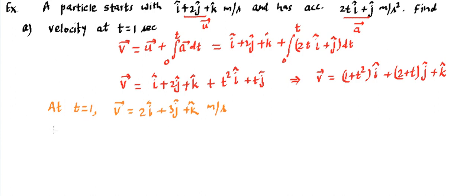Let's say there had been another question: find velocity at t equal to 5 seconds. Simply put t equal to 5 in this expression and you will get the answer. That means this expression that we have derived has the capability to find the velocity at any instant. It talks about the velocity for all times. And if somebody is asking to find the magnitude, you can calculate the magnitude of this vector. That's going to be quite simple, or at least you know the way to find the magnitude.